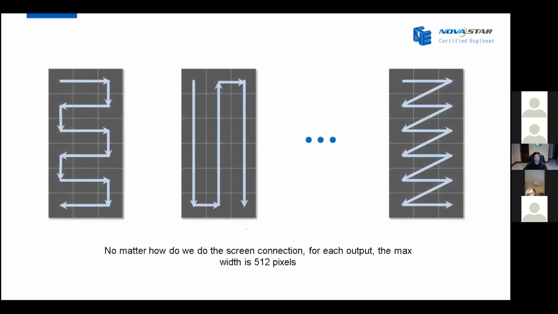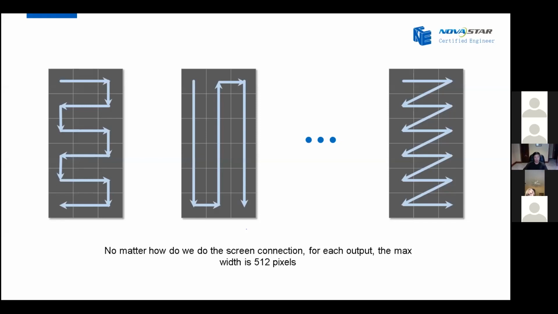And the last precondition is about the Ethernet port output. It has to be vertical. In the past, when the Ethernet port output, there was a 1 frame time buffer, which means no matter how you connected your panels, how you did the screen connections, the Ethernet port had enough time to output the image. But when we enable low latency, the time buffer will be changed to just 10 rows.